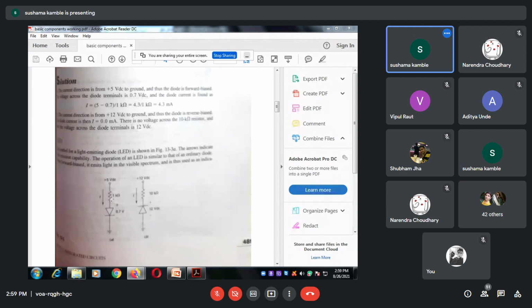Yes, ma'am. Okay, now what is that? Here the diode is forward biased, and we know that when diode is forward biased, voltage drop across the diode is 0.7 volt. Means what? It is closed and the voltage at this point is 0.7 volt. So you have to calculate this difference between these 2 points. So this will be 5 volt minus 0.7 divided by 1 kilo ohm, that you are getting as 4.3 milliampere. Got it?